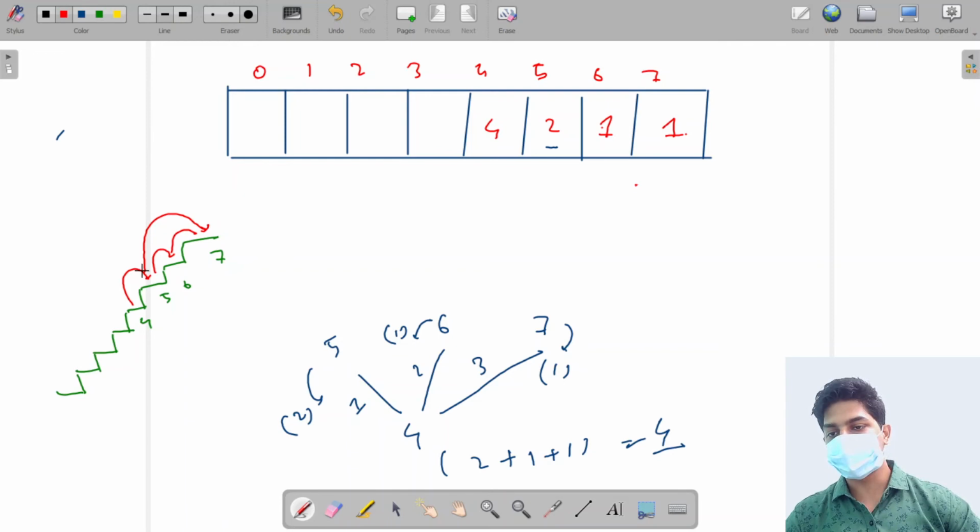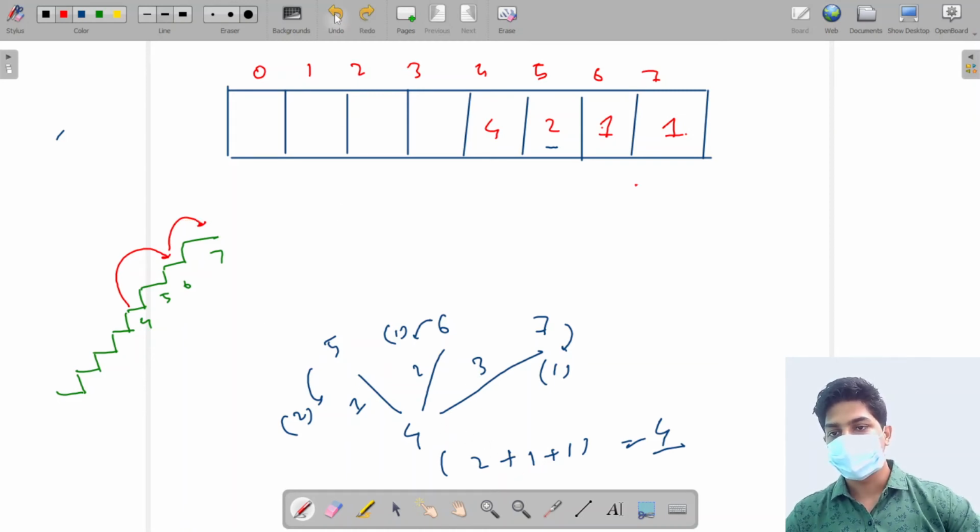So in this way, if I take a jump of 1 unit and reach 5, then from 5 I can take a jump of 1 unit, or a jump of 2 units, and I will reach the destination. So these 2 are contributed by the 5, and these are the ways: 1 1 1, or a jump of 1 unit then a jump of 2 units. Now let's see how 6 is contributing. If I take a jump of 2 units, I reach the 6th position. 6 says there is only one way from me, take a jump of 1 unit. So the way from 4 to 7 is to take a jump of 2 units, reach 6, then take a jump of 1 unit and reach 7. So this one is contributed by 6.